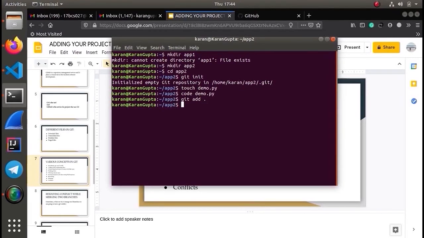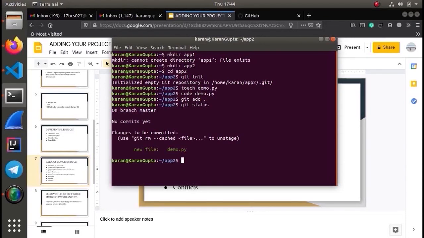Then if we make some changes in such a file that has been committed using git commit, as given in the following command, then it actually becomes a modified file, and then performing git add turns that file into staged for commit. We will be seeing it further, but let's continue. Since it is added, let's see the status of the repository. We can see that there is a new file created, which is demo.py. Since it is already moved to the staging area, we can commit it.